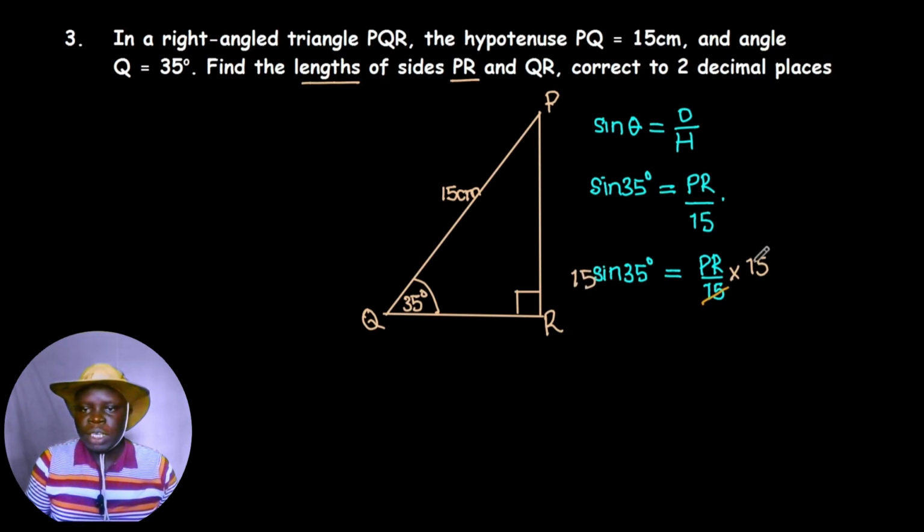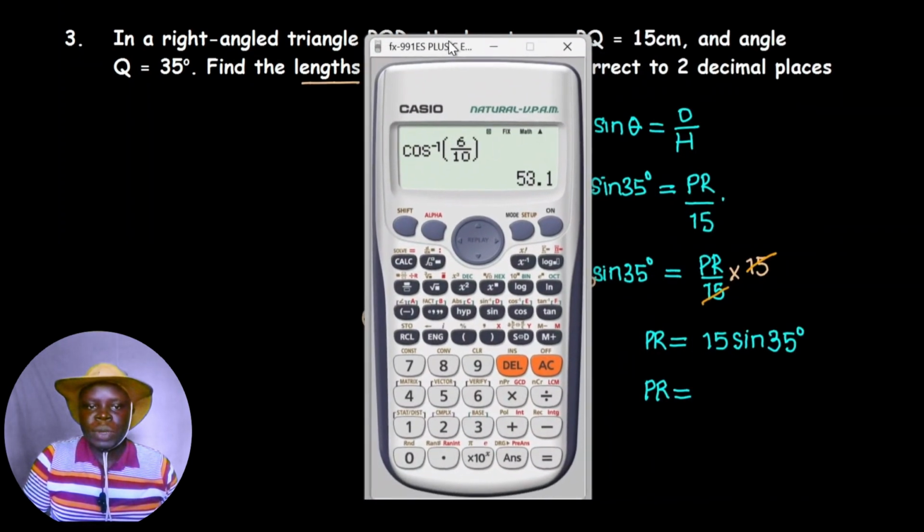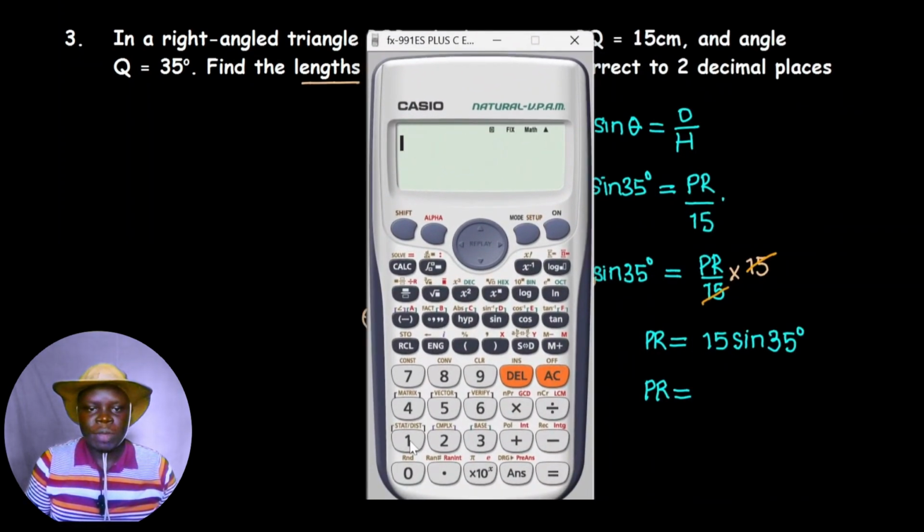Therefore, this 15 we cancel, and we have PR is equivalent to 15 times sine of 35 degrees. Therefore, we can move on to get our calculator and punch everything into the calculator to see the results. And let's move this up here, and we have our 15 punch in, and we have sine of the angle